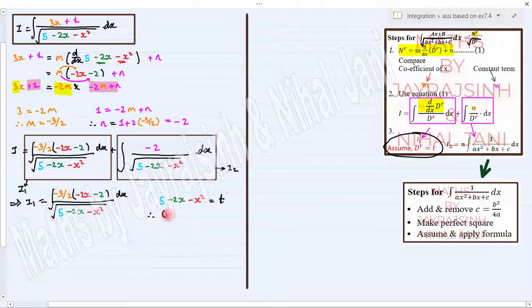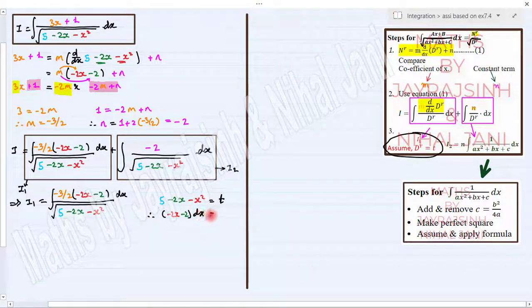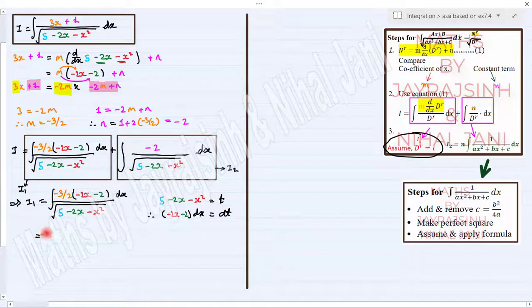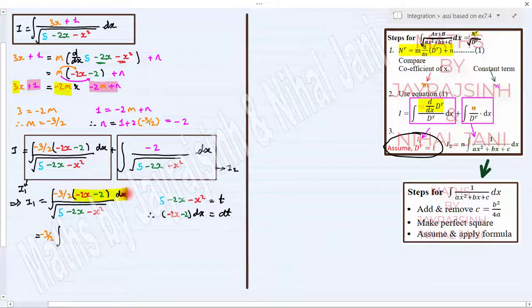We will get minus 2x minus 2 dot dx is equal to dt. So minus 3 by 2 is constant, take it outside. Here our integration will be modified as this term will become dt and we have 1 upon under root of t,